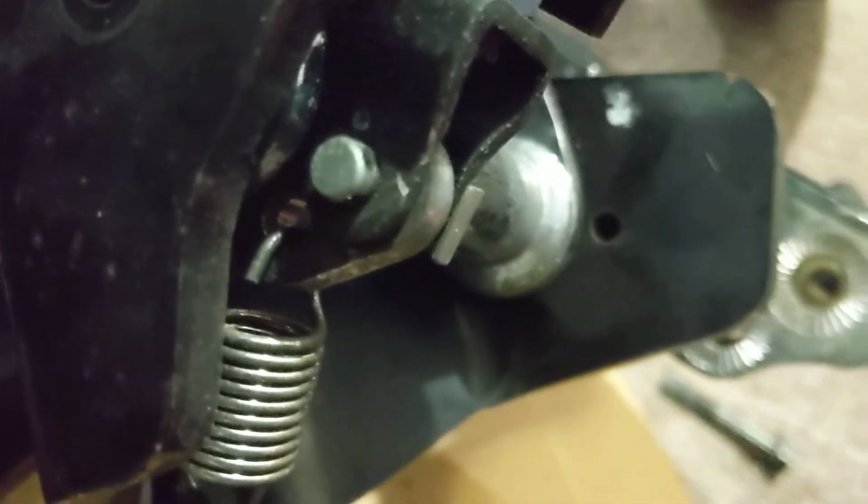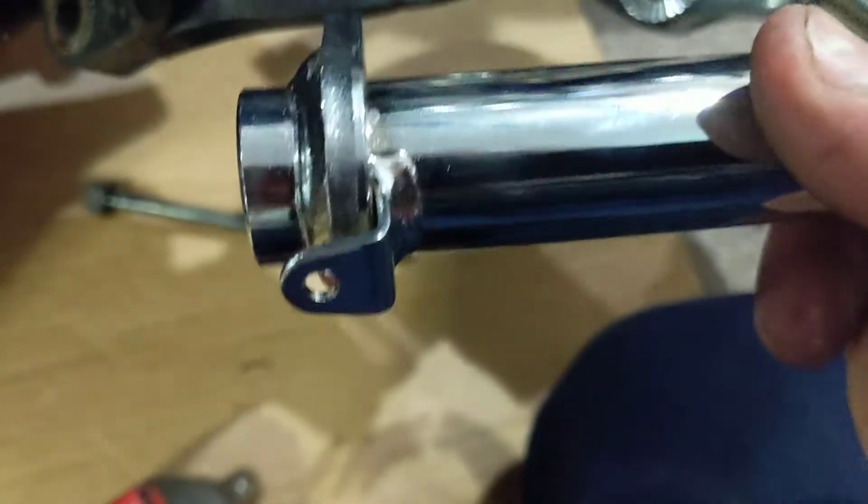So then we've got to take off the spring. Now just take careful notice of the orientation of where the spring is, because there's a few bolt holes on the replacement unit. As you can see right here, there's two there, and then there's just a stopper with a hole there. So you want to make sure that you put it back exactly how you got it. Now we're just going to take